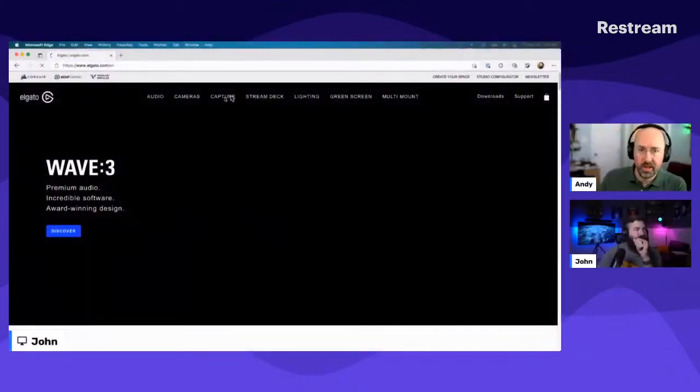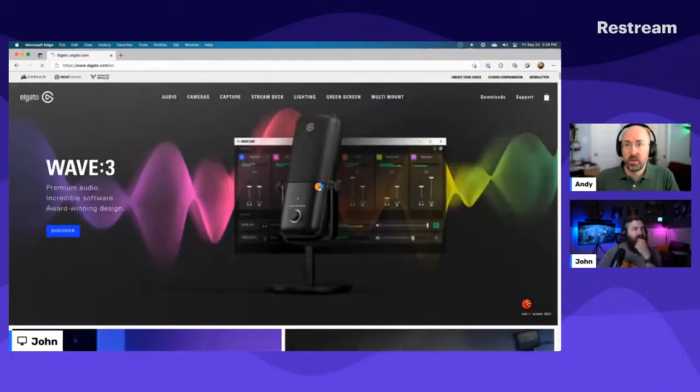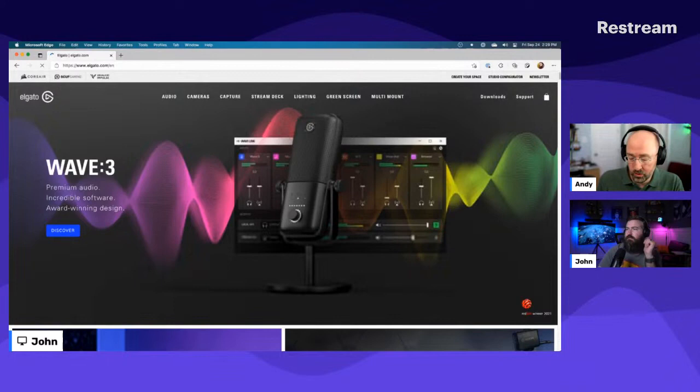And then there are other versions of that as well. But when you're using a capture card, you're taking the feed out of some kind of source, whether it's a high definition camera, or your PlayStation or a TV or whatever, and you're running that as a webcam into the tool that you're using.